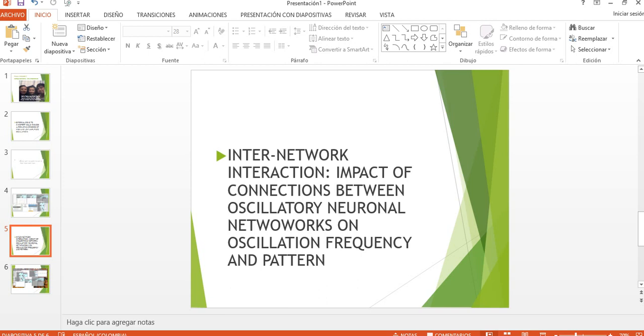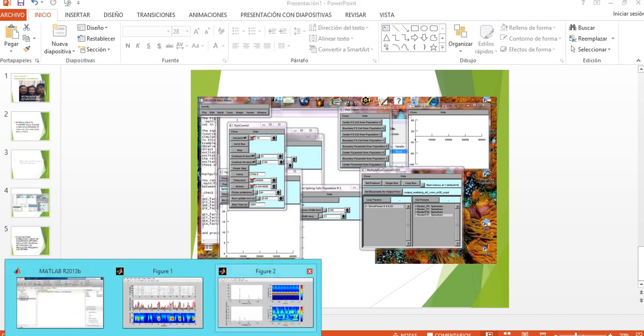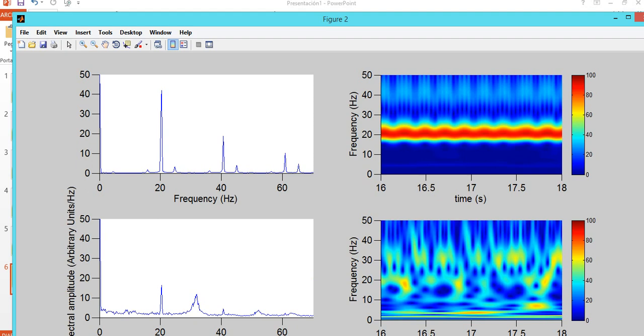One had low frequency and the other one had fast frequency. So in NEURON we made this simulation, and with this population we ran the Fourier transform in MATLAB. These are the results. So here we see the frequencies found in the population, but this graphic doesn't give us the information about the time in which these frequencies are present. So the MATLAB program also shows the wavelet transform by the Torrence algorithm.